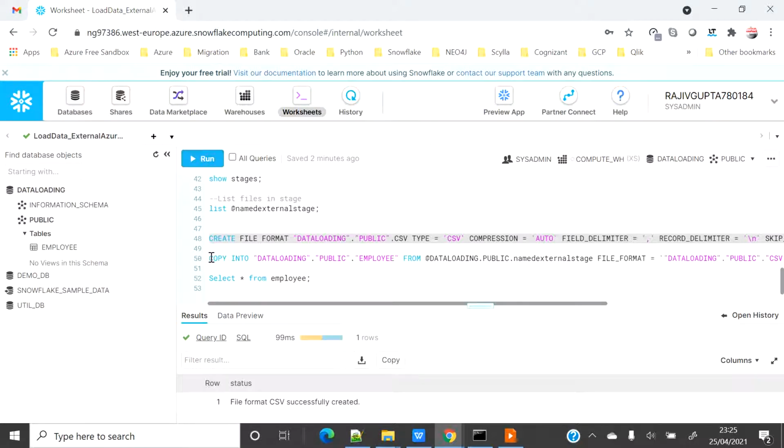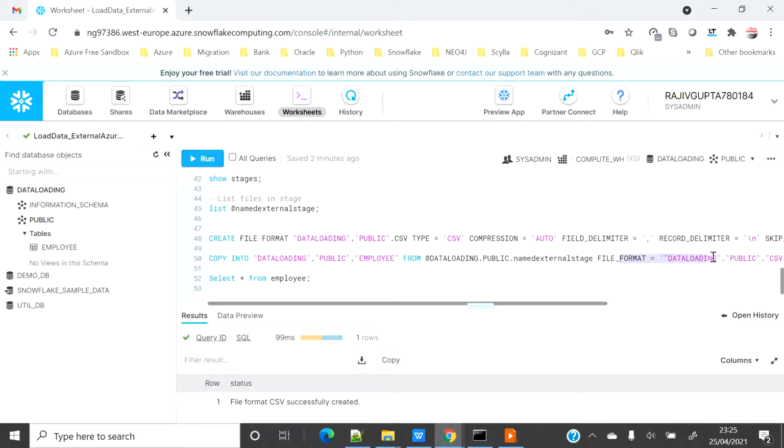Now I want to import the data from the file. I have everything required to complete the copy command. So basically I have created the file format, I have created the external stage. So now I have provided both details: copy the data into the table employee from the external stage. That's the reason I have just used the at sign and there is no other sign, because it's an external stage.